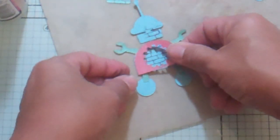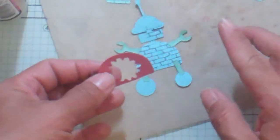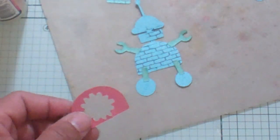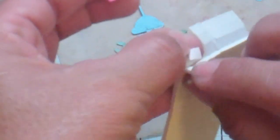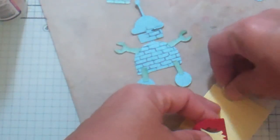Okay, now here's his little belly piece, and before I do what I'm going to do, I'll show you this next step. I'm going to use little teeny tiny foam adhesive, which I think we got at Target. Robin and I found them a long time ago. You know, I usually make my own